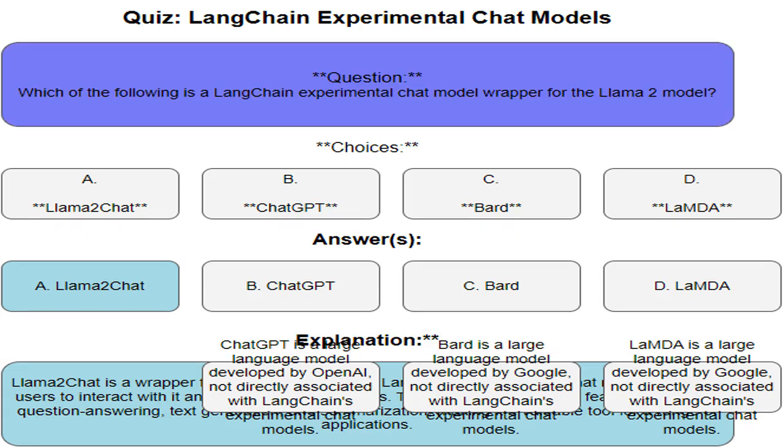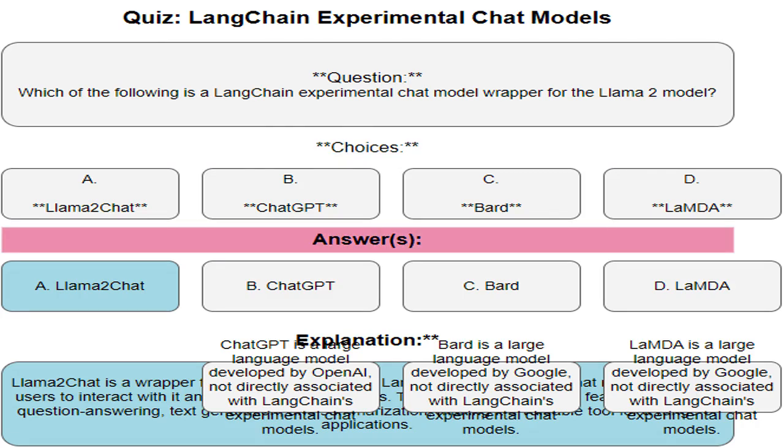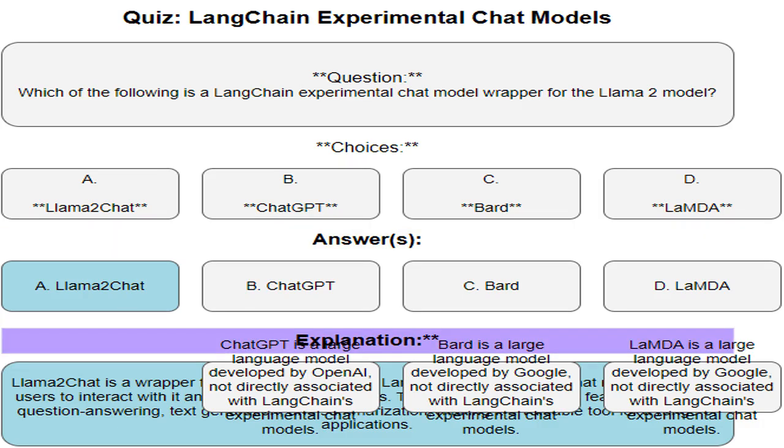Structure. Question. Choices. Data flow. The question component provides the choices to the choices component. Choices. Answer. Control flow. The choices component sends the user's selected choice to the answer component. Answer. Explanation. Control flow. The answer component directs the user to the explanation component, which provides feedback on the chosen